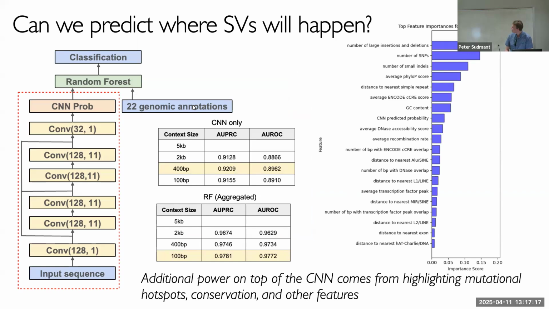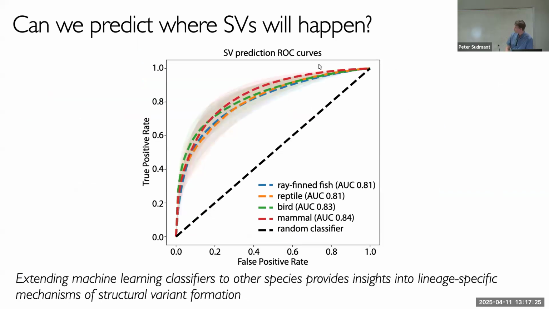And then we can take this. This plot here I think is pretty cool. And then we can do this again across all these different fish, and we can start to predict structural variants in different species. Why the hell would you want to do that? The goal behind doing that is that you can learn: are there different things driving structural variants in the ray-finned fishes versus humans? And is that why they have higher loads of structural variants?